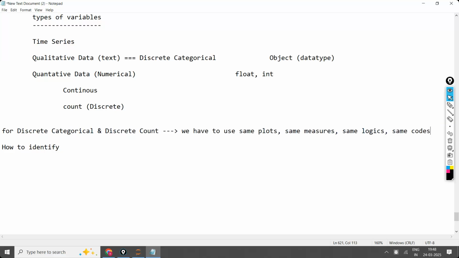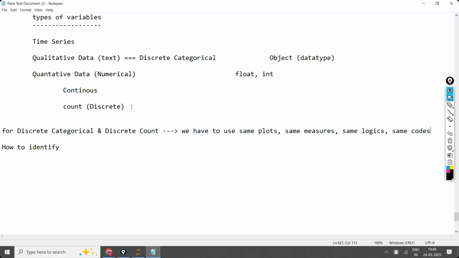codes. For example, in the group by function, inside the group by, what you are going to consider is a categorical variable, like group by gender-wise. Why gender-wise? Because gender has categories, the male category and the female category. So wherever you apply group by, it should be applied on the categorical variable only. Can you apply group by on a continuous variable? For continuous variables, multiple values will be there, infinite values will be there. But categorical will have limited categories.